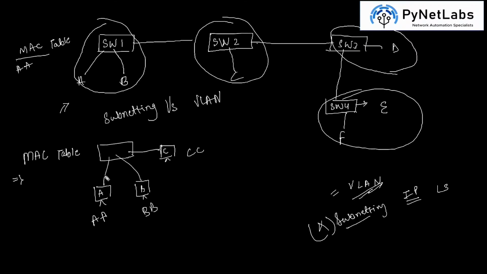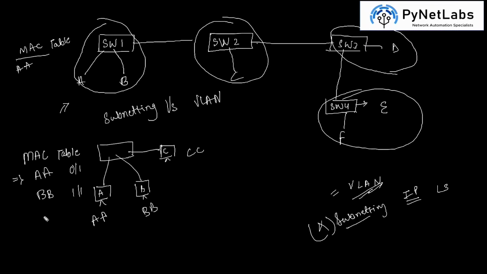Let's say the MAC table has the entry for AA, that AA is connected on 0/1, then BB is connected on 1/1. Now the switch is not aware of CC, or we can say PC C, right? So in that case, if A tries to send some data to C, the switch will check its MAC table